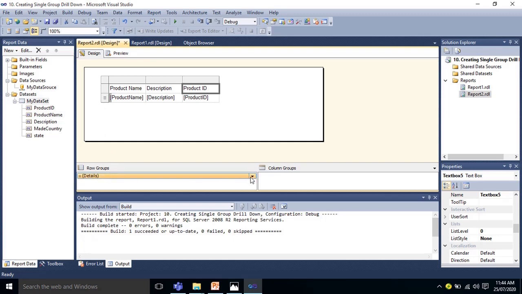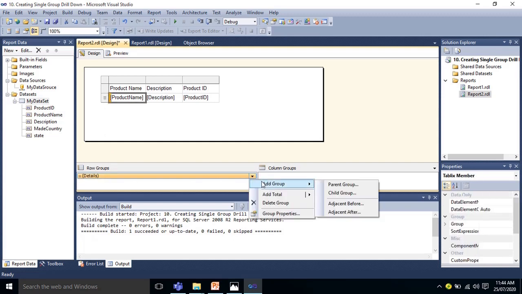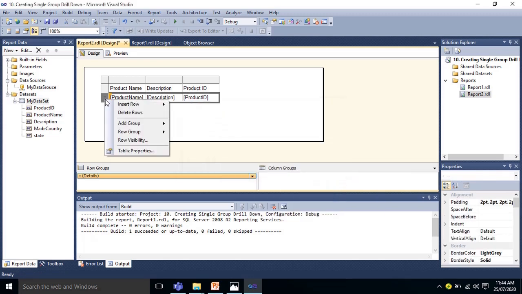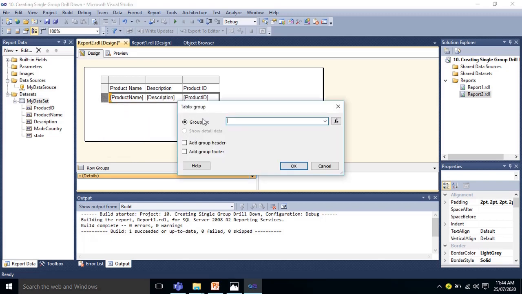You can directly click here, add group and parent group. Also you can right click on these three lines and go to add group and parent group. Now we have to mention the column that we want to group by. So made country.